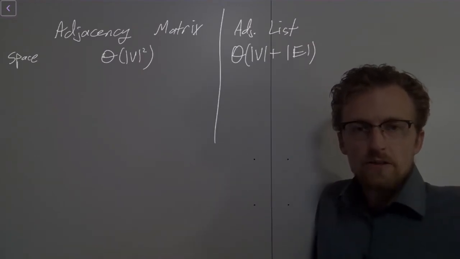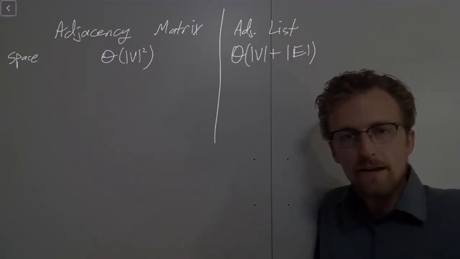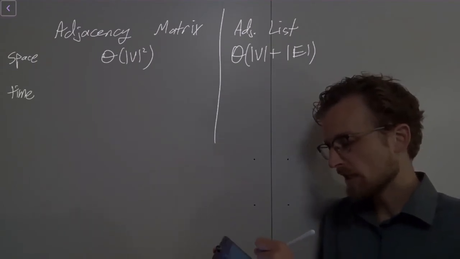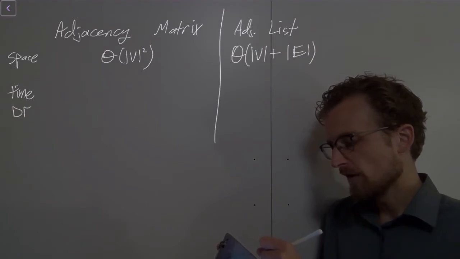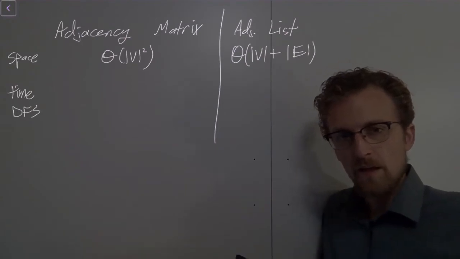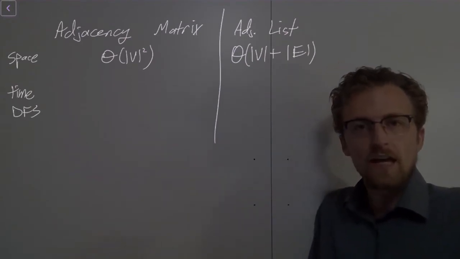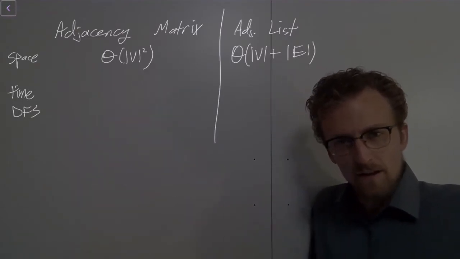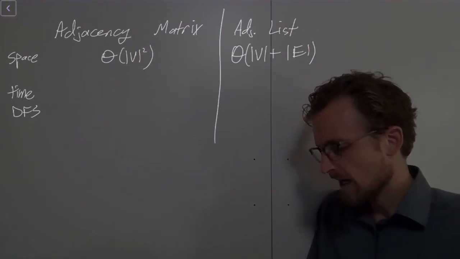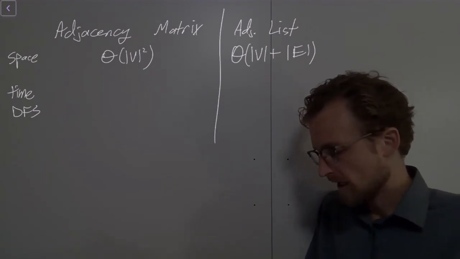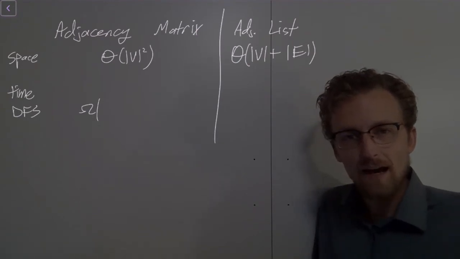So the question is, in terms of time, how do BFS and DFS perform? Let's begin by thinking about DFS. One thing we can say for sure is that DFS can't run any faster than the size of the representation. Why is that? I'll make this claim: DFS must be at least as slow as the representation size. So DFS is big omega, at least as slow as